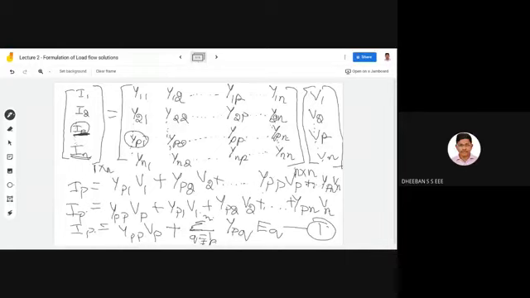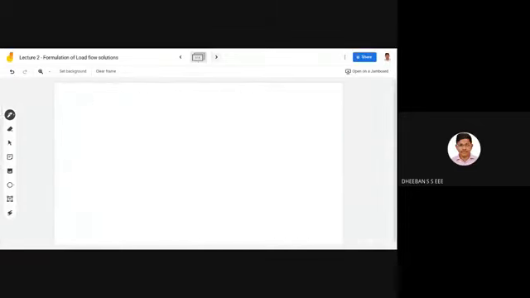And next what we'll be doing is this Ip is there, this Ypq Vq is there, so you have to keep this Ypp Vp at a single side, and you have to move this Ypq Vq to your left hand side. So if you are moving, what happens means your Ypp Vp will be equal to Ip minus summation q equal to 1, not equal to p, to n, Ypq Vq. Okay,